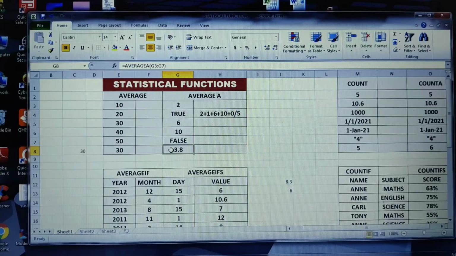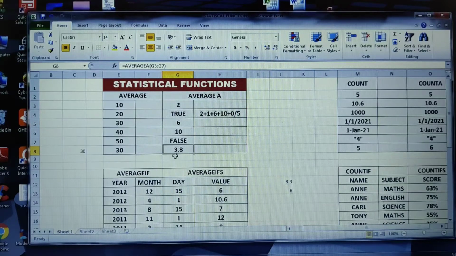So what did I write here? The formula is equals AVERAGEA. If you carefully observe my formula, this is the G column, so if you place your cursor here it is G3, and the last cell of the range is G7. So I wrote the formula equals AVERAGEA of the range G3 colon G7.